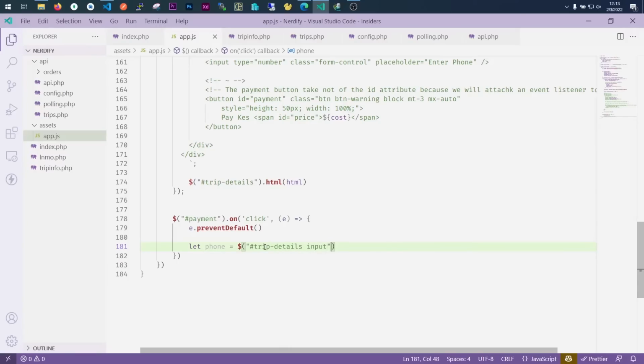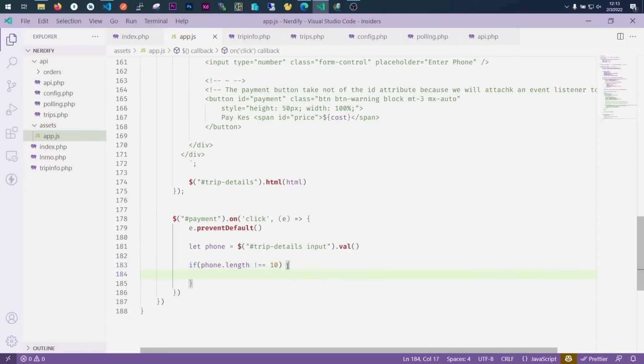So input, we want to get the value, so this will give us the phone number. Next, we want to ensure the phone number is just 10 digits, right? So if phone is not equal to 10, phone.length, sorry,